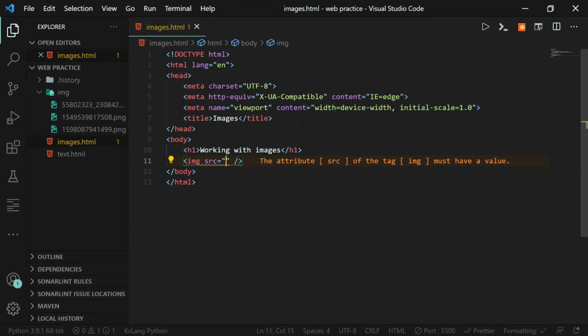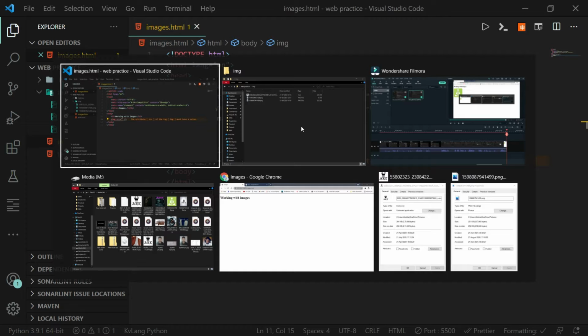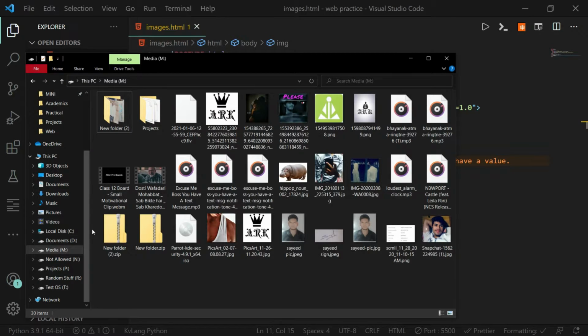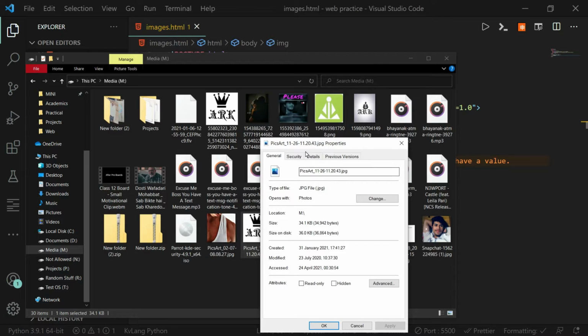We just saw the recommended practice, but we can also add images from the respective folders themselves. So let's see how we can do that. We can just go to the respective folder. Let's right click on any image and go to its properties.